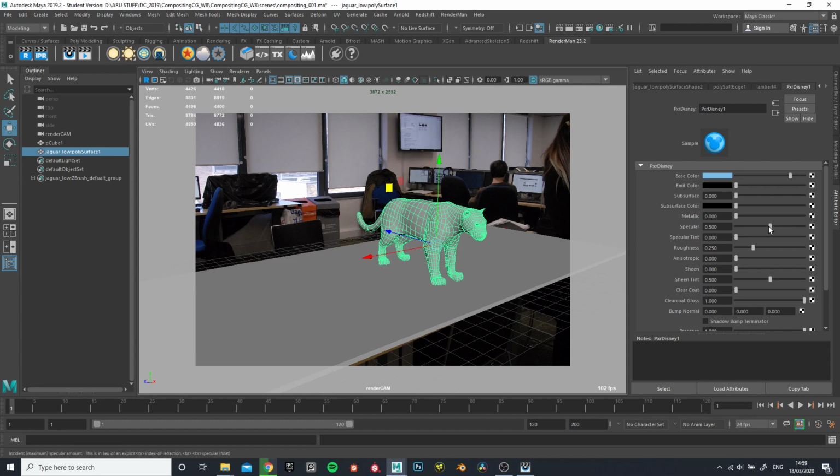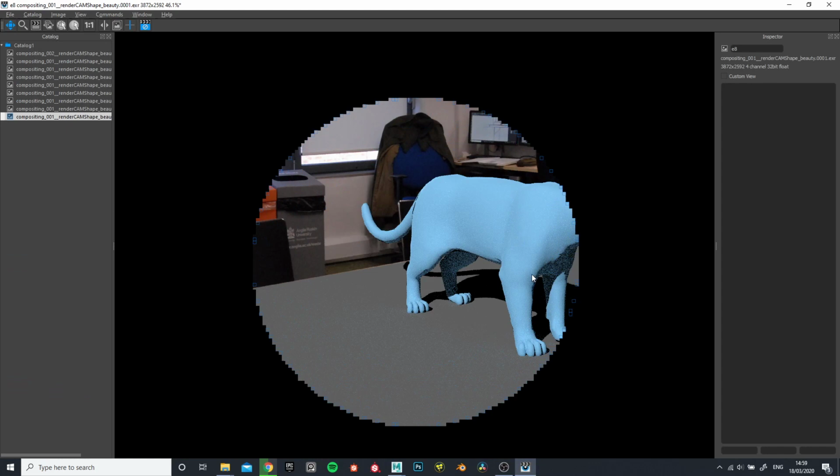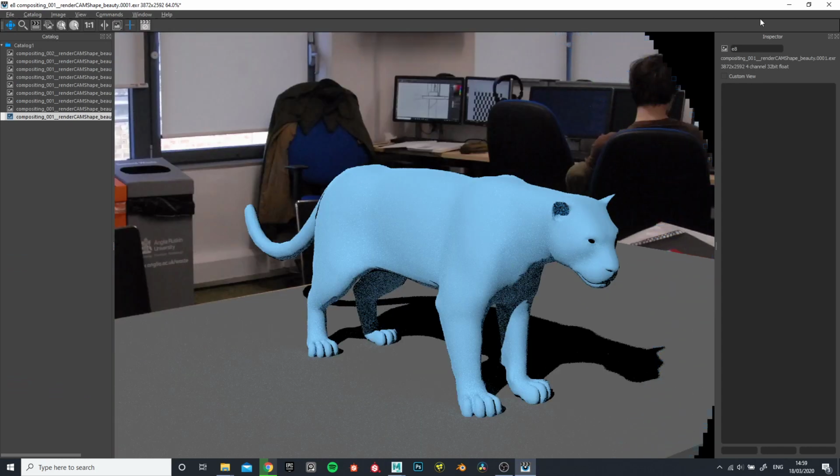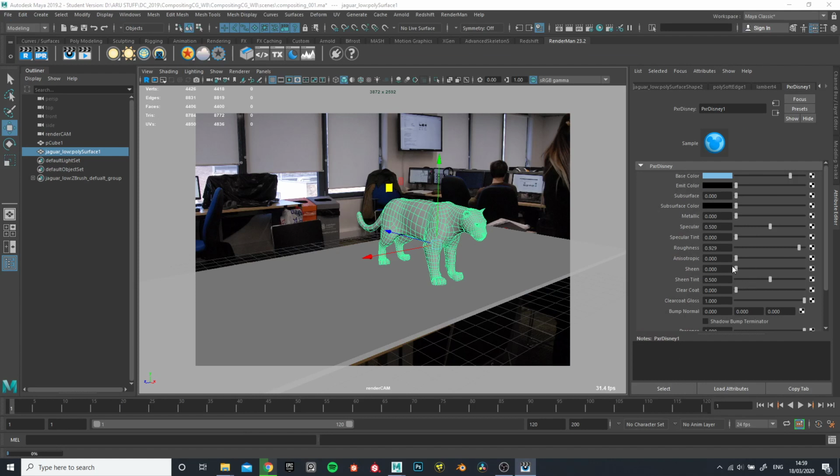So specular, more specular, less specular. Roughness, we talked about this. If you want to make something really rough, you pump this towards 1. And you see everything looks quite rough. It's still a little bit of reflection, but it's very subtle. And if you want to make things like mirror-like reflections, for example, you want to turn this into